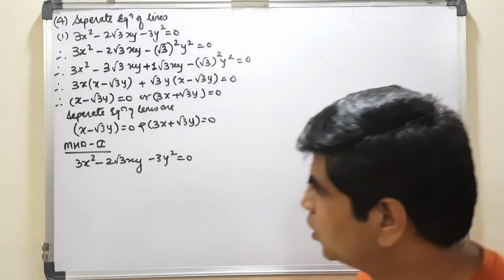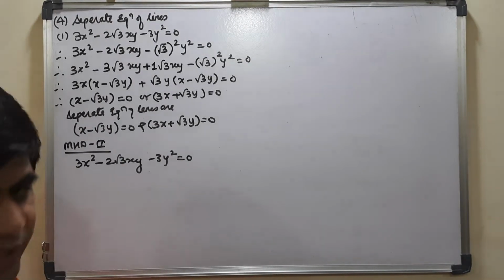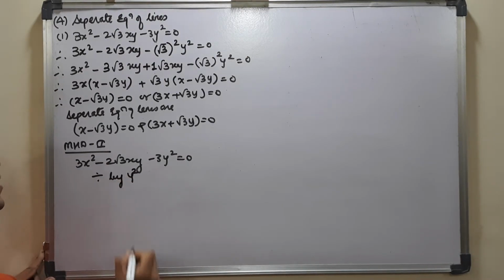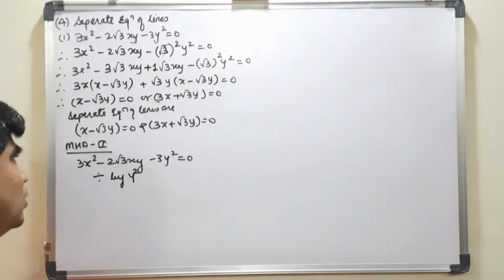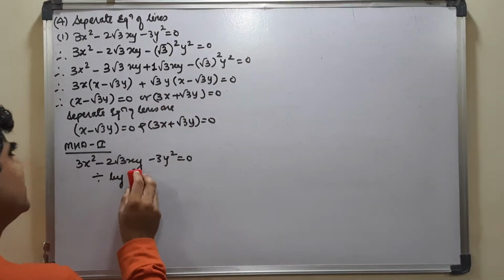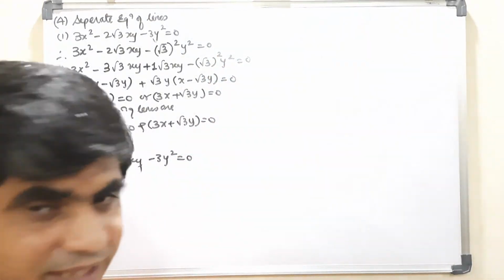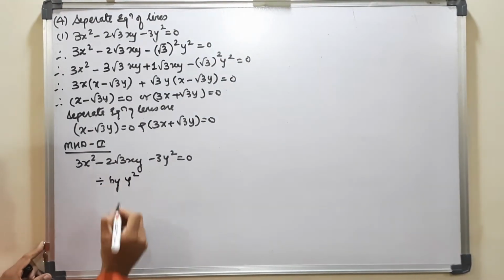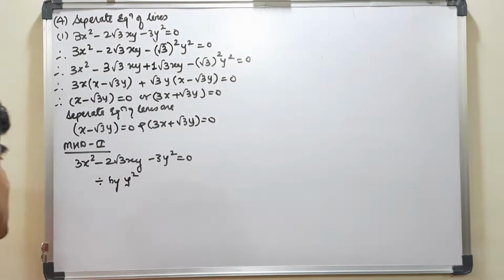So let it divide by y square. In other cases you need to divide by x square. We'll keep that particular pattern only. We'll divide by x square, because you will require the same thing later on. So why should I change it earlier? So divide by y square. It does not matter whether you divide by x square or y square in this question.